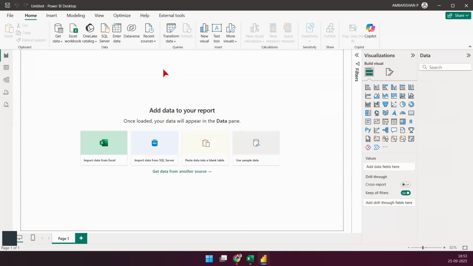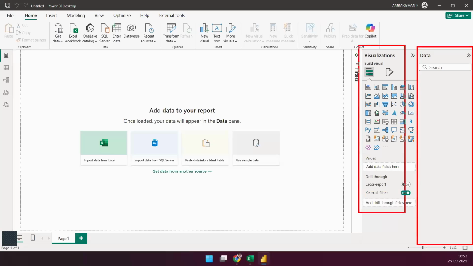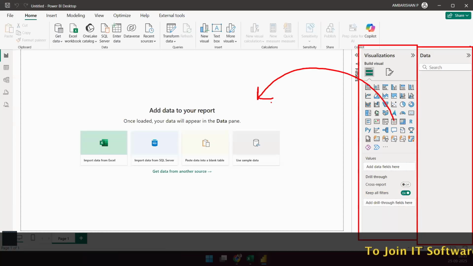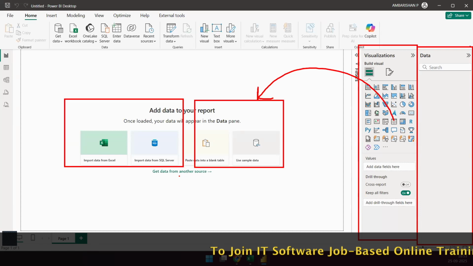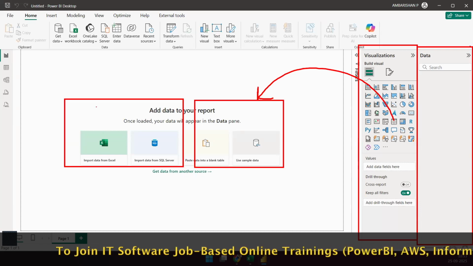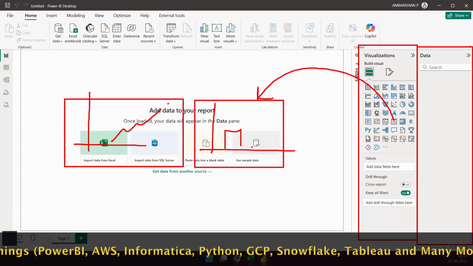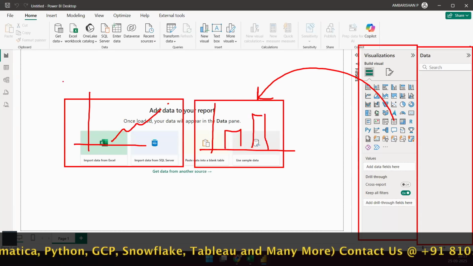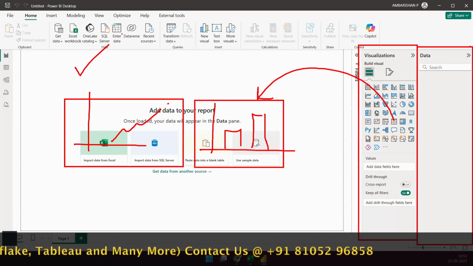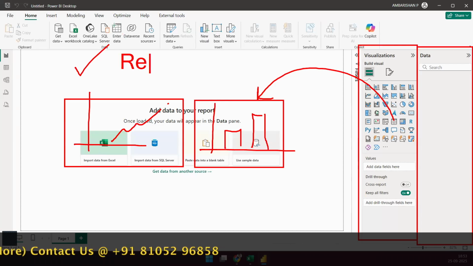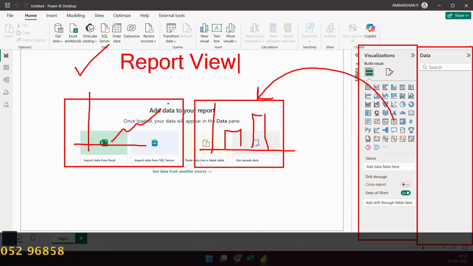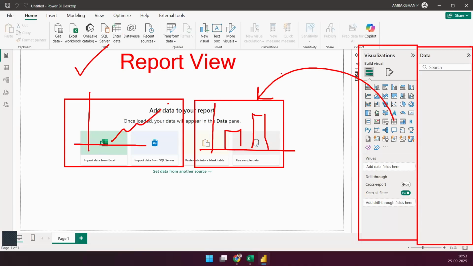Now, you will see a lot of different things, but we'll quickly understand a very simple thing. The data is going to be coming up here. The visualization pane is here. So you take that visualization, put it here. It's all going to be a drag and drop report builder. So you should be able to very easily build your charts, graphs, and visuals. Let's say this is going to be a column chart or something like that. You can build all of that. And this is going to be your report view. We call this the report view, and this is how things work. All right.